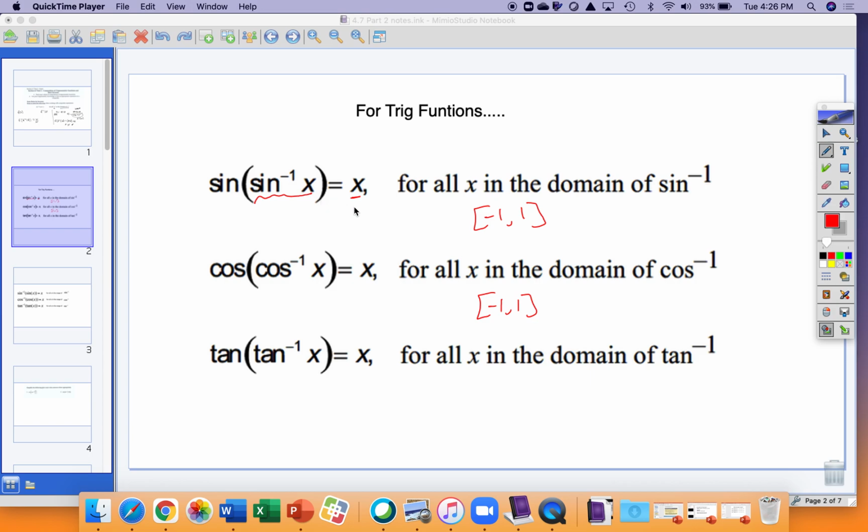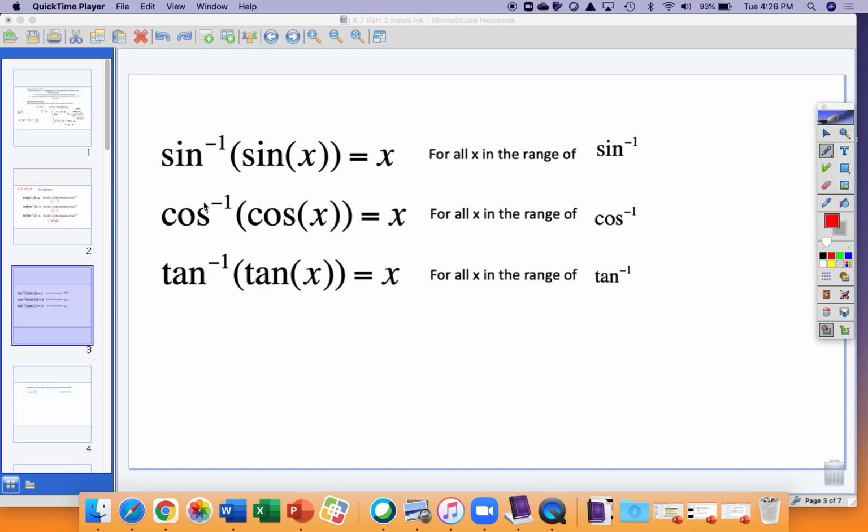Back to our lesson. We are looking at what happens when you take an inverse function and put it into its original function to simplify down to x. This only works if x is in the domain of its inverse function. Remember, the domain for tangent inverse is negative infinity to positive infinity, so this works for every x value for tangent. f of f inverse of x simplifies down to x. It also simplifies down to x if you reverse it. So now we're talking about f inverse of